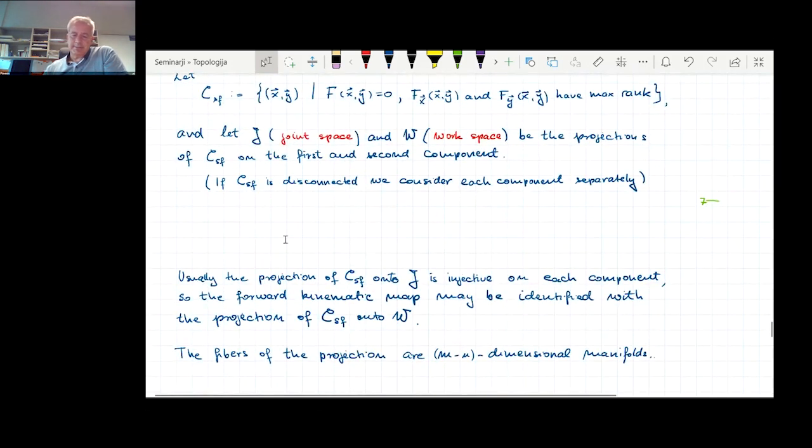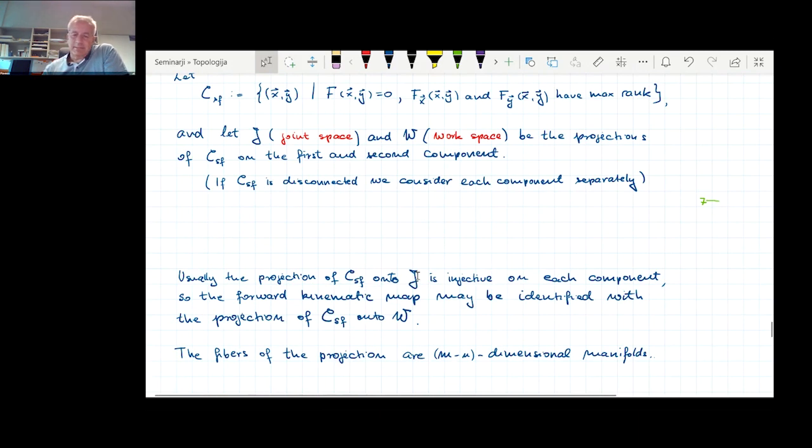Another thing which is almost always the case in the practical examples is that the projection of this component onto the J space is injective. So every allowable position of joints determines a unique configuration of the space. When this is true, of course, I can define the inverse map from J to C, to this singularity-free configuration space. So the forward kinematic map, the map that I'm interested in, is